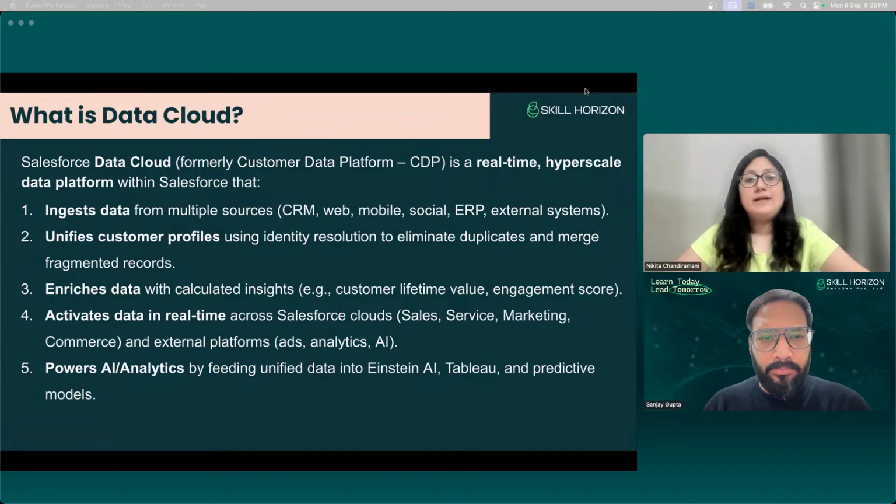Post that, it activates the data in real time across Salesforce clouds. As I told you, when you have unified the single customer profile, it is going to be accessed by other clouds as well. So sales cloud, service cloud, marketing cloud, commerce cloud, and then the external platforms, like ads, analytics, and AI.